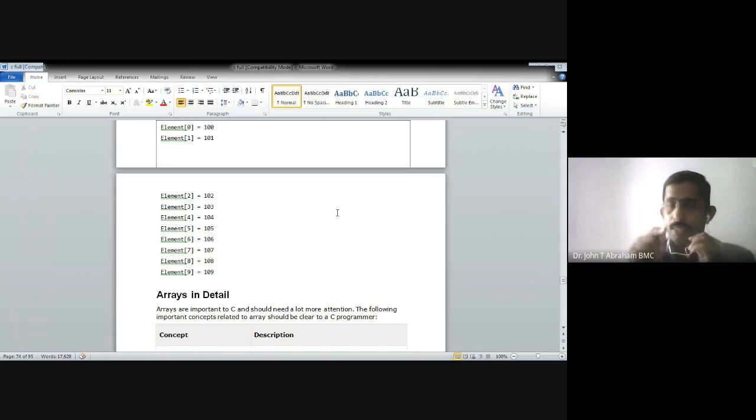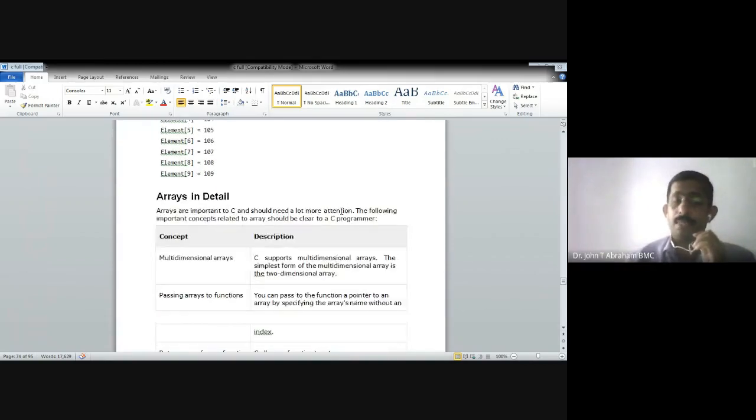For i equals 0, i less than or equals 100, i plus plus. So that is the loop. Next we write printf. Before displaying, we have to write the array elements into the array by using scanf. Okay, so like that we will write it.